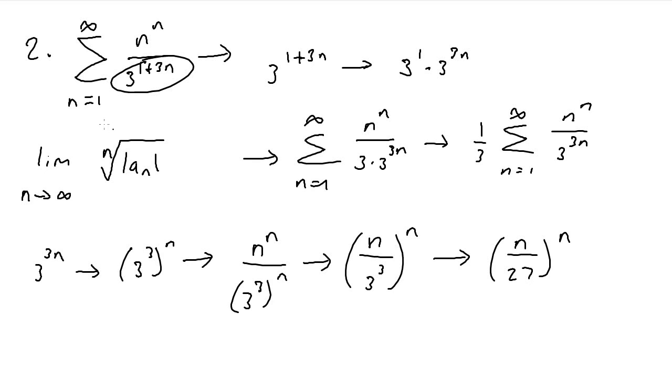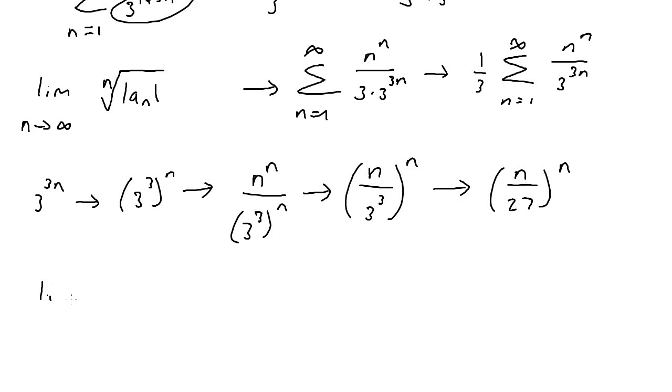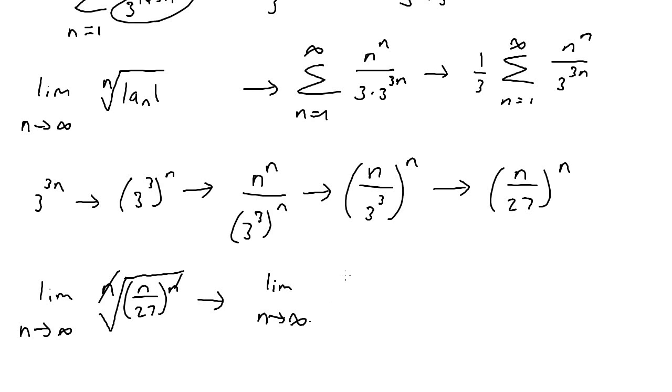And now I can use, once again, the limit notation. So the limit as n approaches infinity of the nth root of a sub n, and a sub n is n over 27 to the nth power. Notice how the nth root of something to the nth power will cancel, so we'll get the limit as n approaches infinity of n over 27. And obviously when we plug in infinity for n, it is going to be top heavy, so it's going to